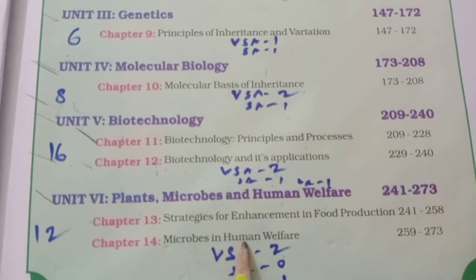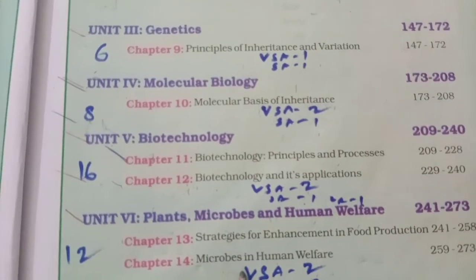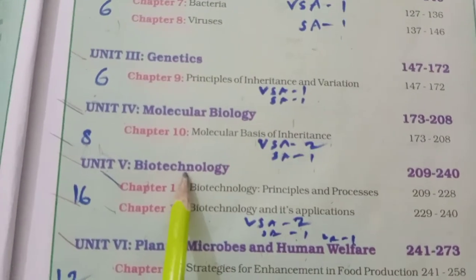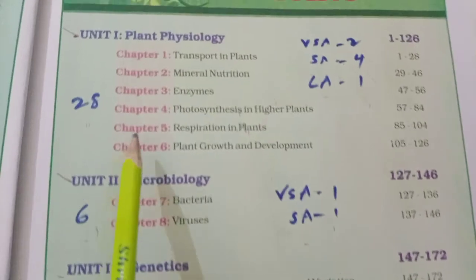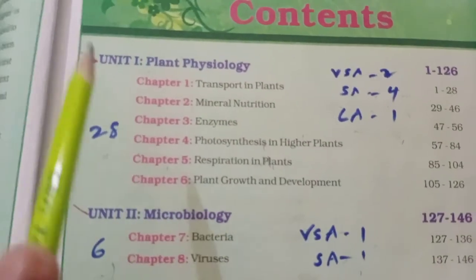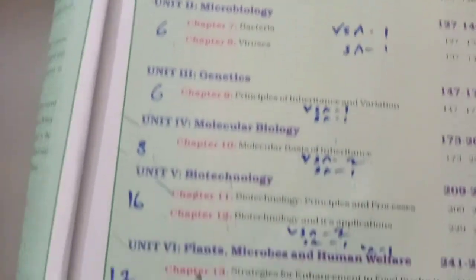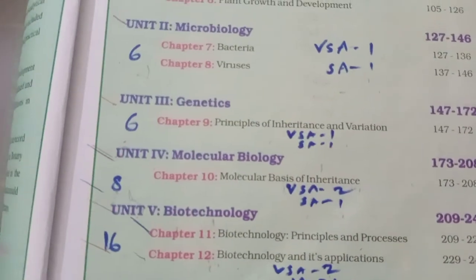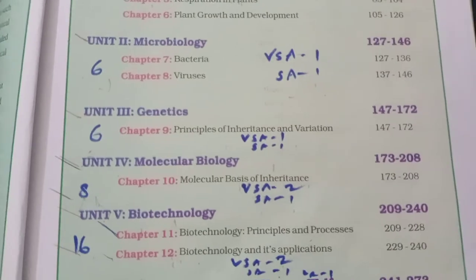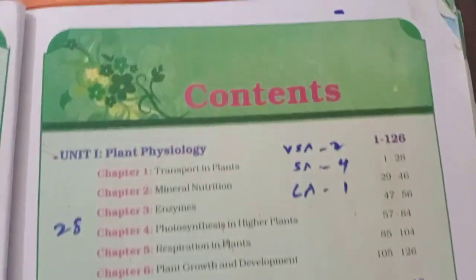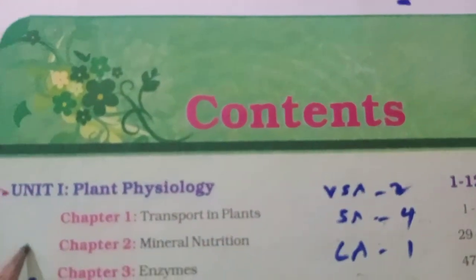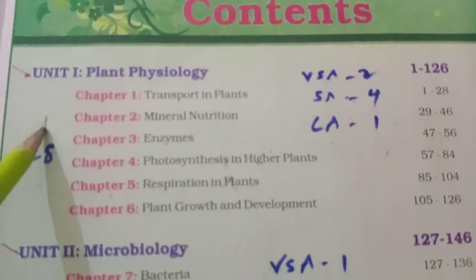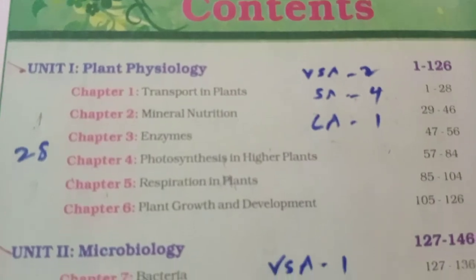In the annual exam there will be 3 long answers, from which one question from the 6th unit, one question from the 5th unit, and another question from the first unit. In this way, the first, 5th and 6th units, these three, are most important, because in the annual examination an 8 marks question should appear. So this is the brief introduction about the content of senior intermediate botany. Once you go through that deeply,